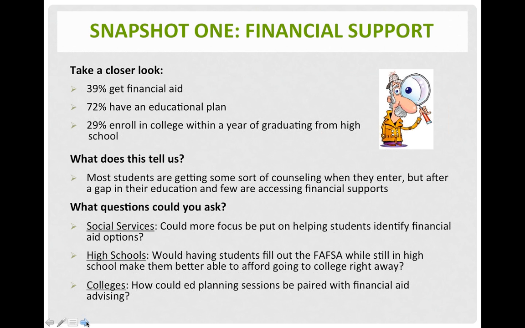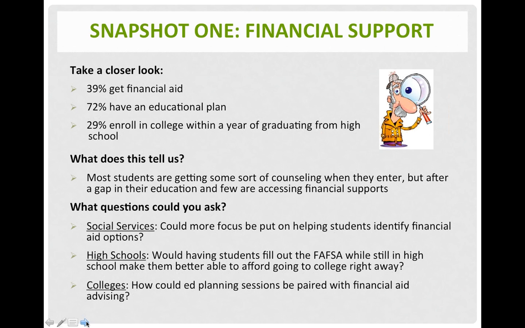So social service agencies could do work on helping students identify financial aid options and to prepare for them. High schools might decide that they want to go ahead and have those students fill out the FAFSA in high school so that they could make sure they'd make it into college right away. Whereas the colleges might look at this and say, okay, so how can we improve those ed planning sessions? Is there a way that we could pair it with financial aid advising so students are getting access to these